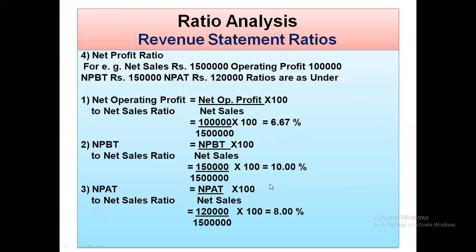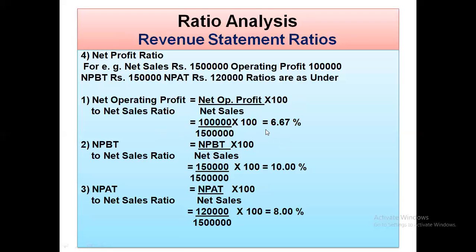Net operating profit to net sales ratio can be determined by applying the formula net operating profit divided by net sales into 100. Here net operating profit is 1 lakh, net sales are 15 lakhs into 100. The ratio is